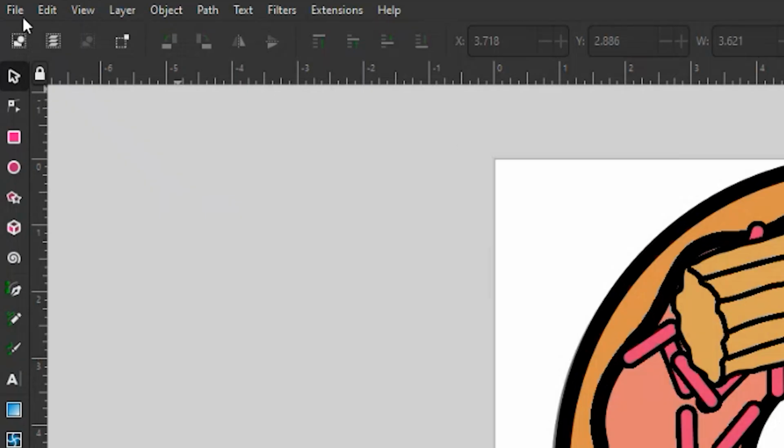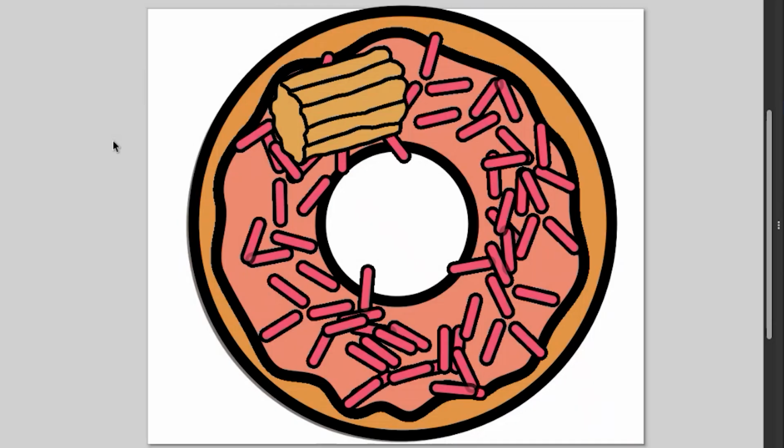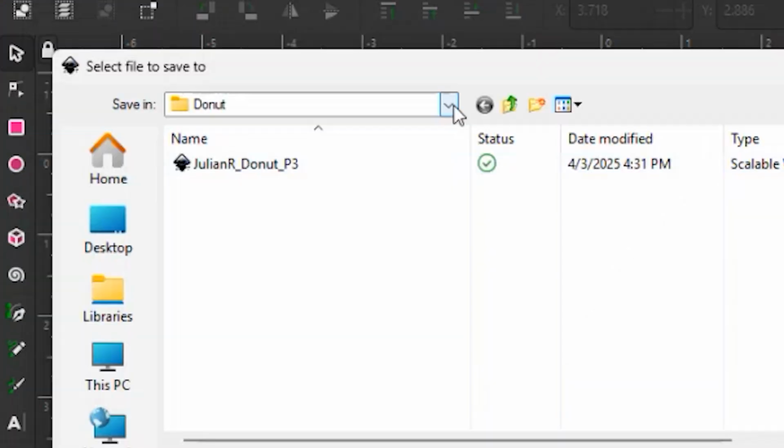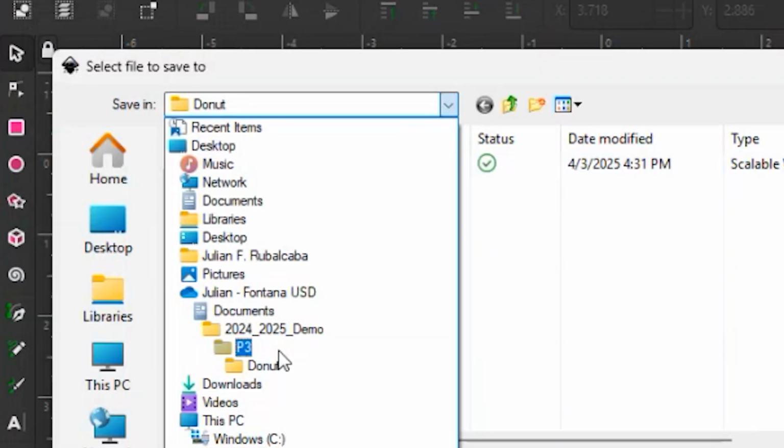Now let's go ahead and save. Let's go to file, save, and this will be the file that you attach inside of Microsoft Teams. If you're not sure where you save this, you can go to file, click on save as, click on the drop down menu, and you have to follow this path here when you're ready to attach this file into Microsoft